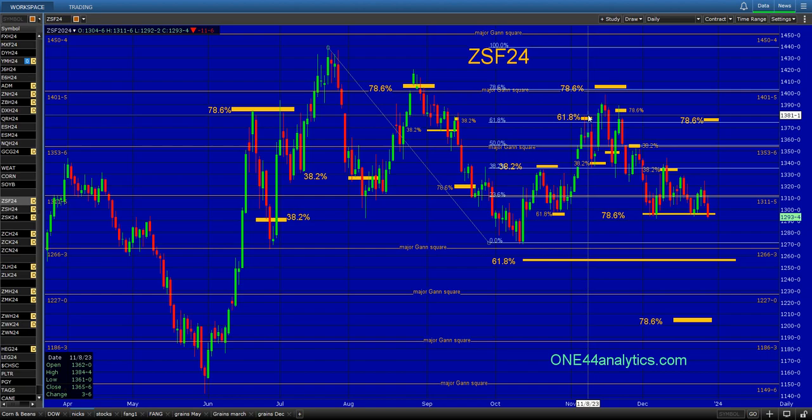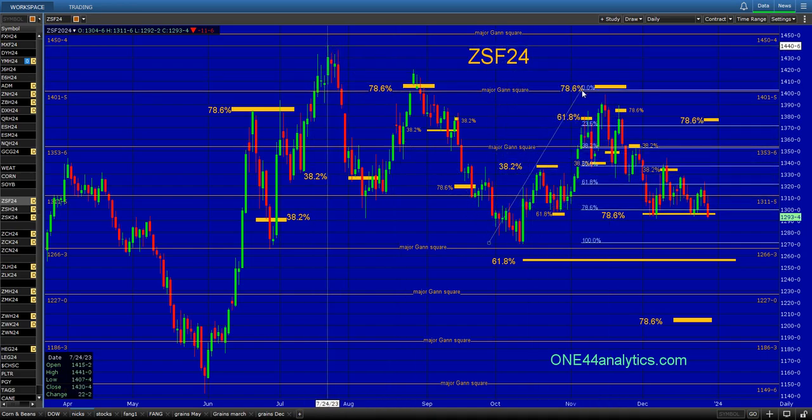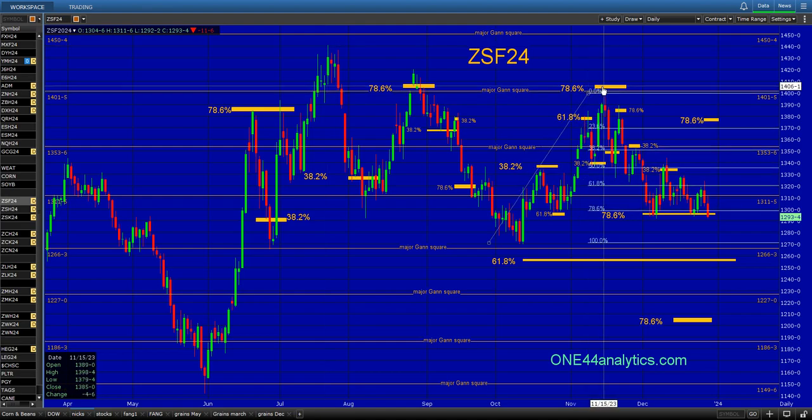only 38%. Now 61.8%, we would have been looking for 61.8% the other way based on the rule and guideline, but again it holds 38, telling us we have a direction here and a solid one to start. So what happens from here? It does make that new high, but falls just short of not only the major Gann square of 1401.5, but also 78.6 on there. So from that one, we take that high. Our target base, because it got close enough to 78.6, is 78.6 the other way,